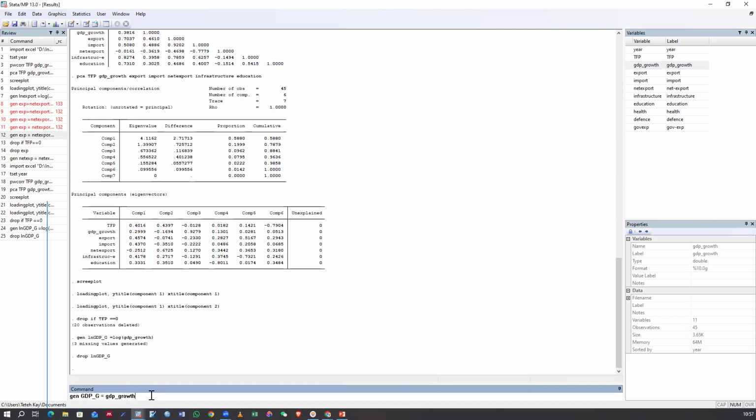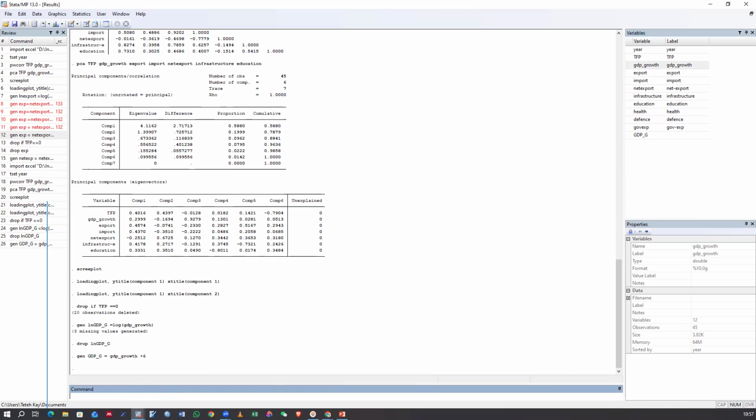Now, what is the highest negative value over there? -6. So we say plus 6. We add 6 to it. Then when you enter,